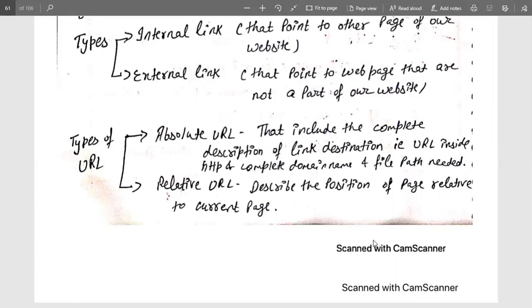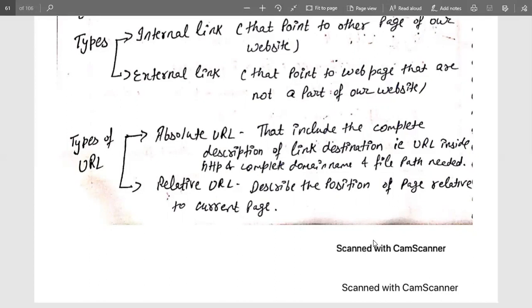But to move from one website to another website, we need absolute URL, and that will be done with the help of external linking. The format of external and internal linking is the same, we just have to refer with an absolute URL or relative URL. That means the actual value in a reference attribute must contain the complete information or the small information, depending on the website we want to access.